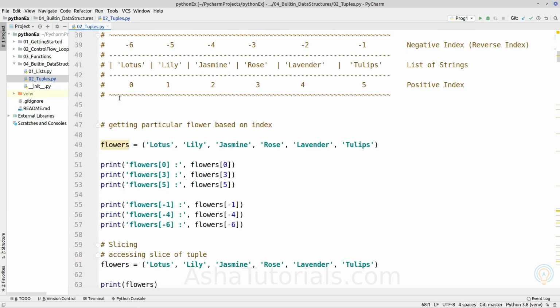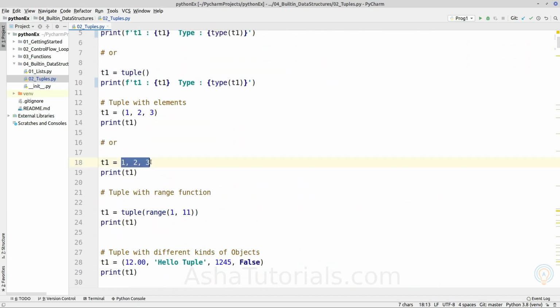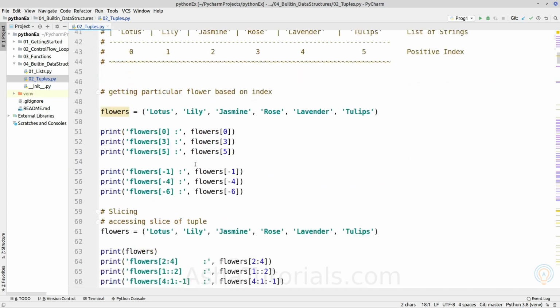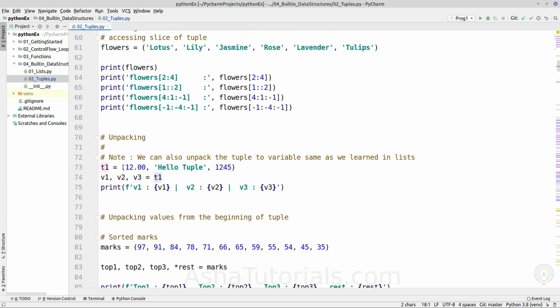Earlier we have assigned multiple values to a variable which is creating a tuple object out of multiple elements. Now we are unpacking those values to multiple variables.